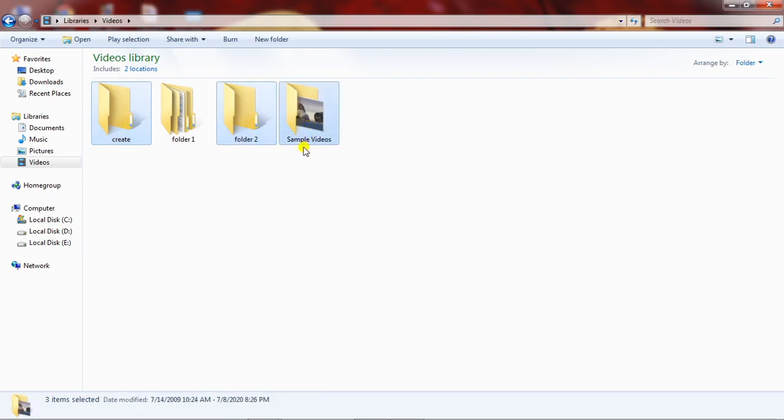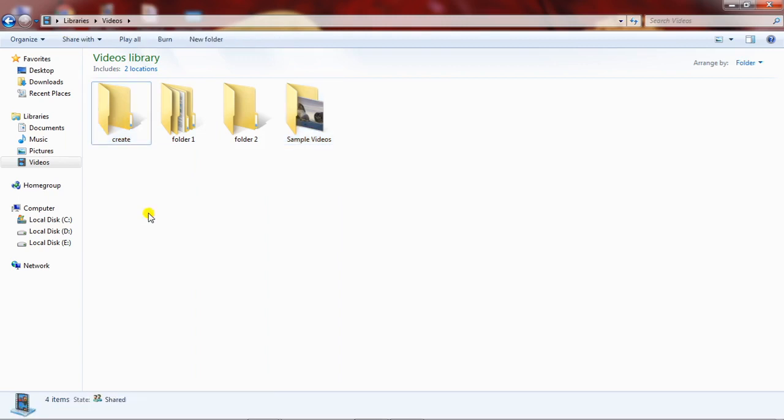Left click once on each one of it. This way, your selected folders will be selected. Okay, so again I'll repeat. I'll select any of the folder I want to. Suppose I want to select the first folder and the fourth folder. So let's say I will select the fourth folder, then I will press and hold the control button, and then I will left click once on the first folder, and the folders will be selected. So this way you can select the files or folders by the keyboard combinations.